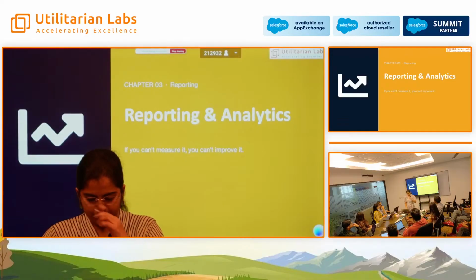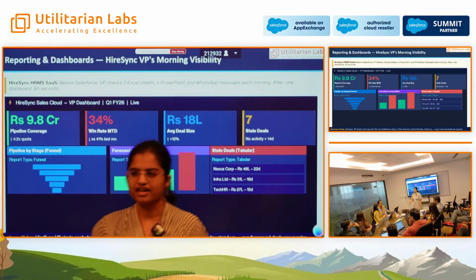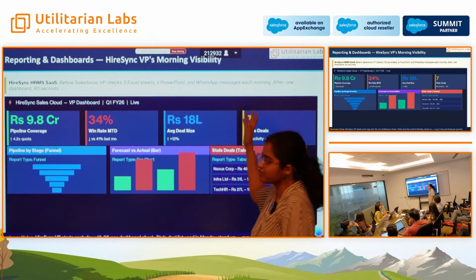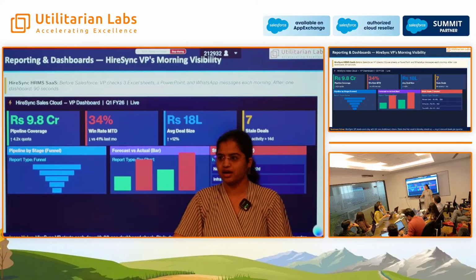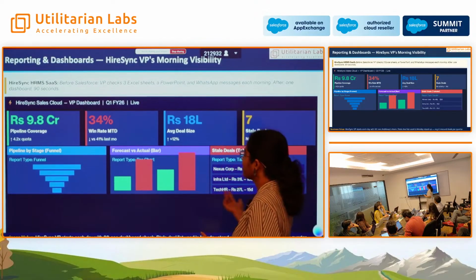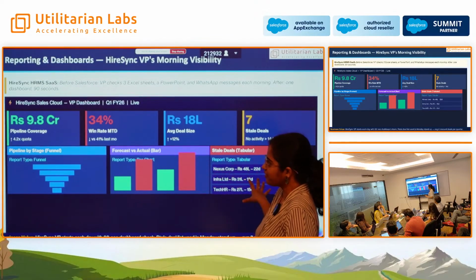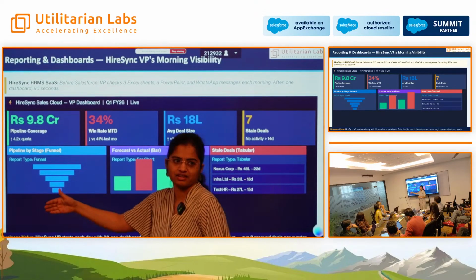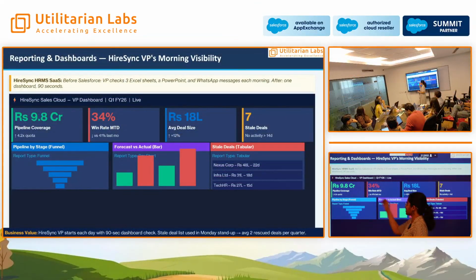And next we have the reporting and analytics feature. Earlier, the VP needed to refer to 3 Excel sheets, 1 PPT, and 1 WhatsApp message to understand what is going on in the company in terms of revenue, percentages, everything. But now this dashboard will be given to them, where they will see pipeline coverage. In the quarter, we have the forecasting estimation, that is 9.8, and win rate, how each department is performing, how the marketing team is performing, how the sales team is performing,